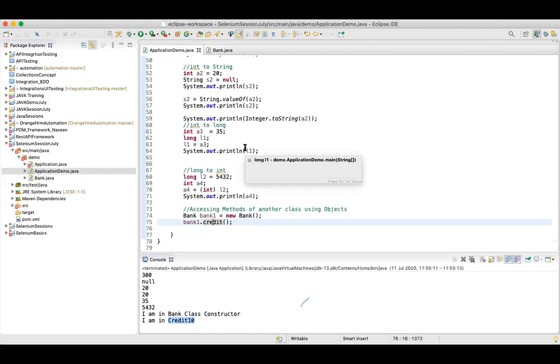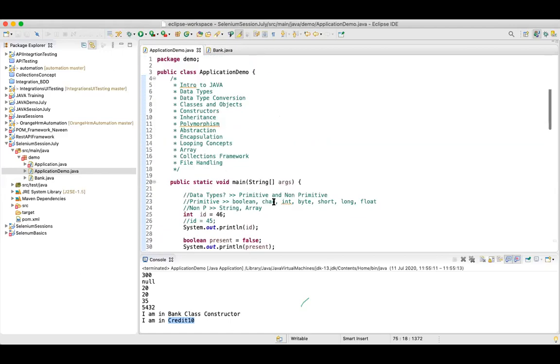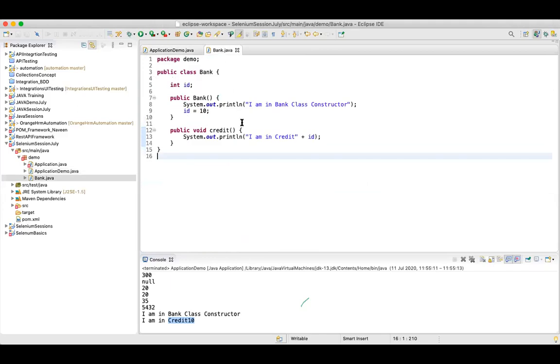Each and every class will have a constructor, even if you do not define one, because there are some internal constructors which will run. And let's say you want to print something. Let's say the ID over here is 2, but I do not want this; this ID should be referenced from over here.